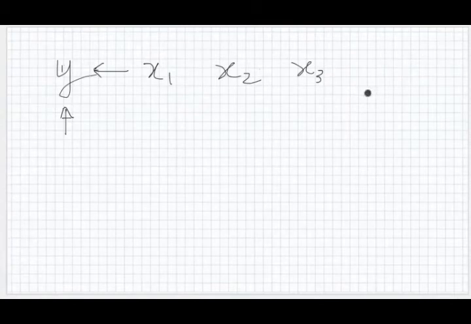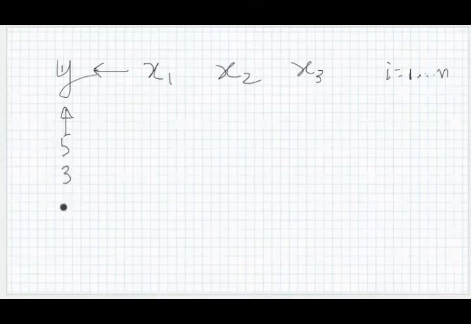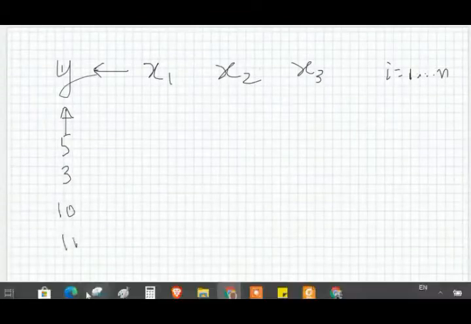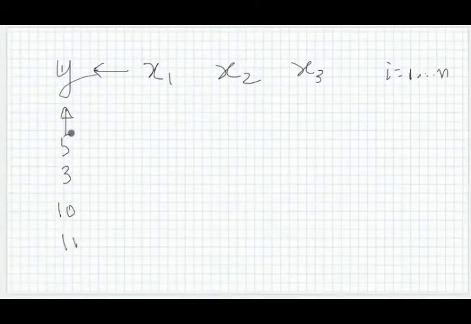Remember, what is the data set? The data set is i goes from 1 to n. When we say i goes from 1 to n, it means I'm collecting data from many people. So whatever the variable they have decided on y, values are different between all different people. For some people, y is 5. For other people, y is 3. For others, y is 10. So different people have different values of y, which is why we say y as a set of variables